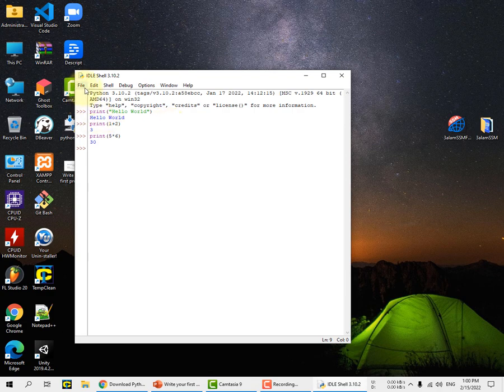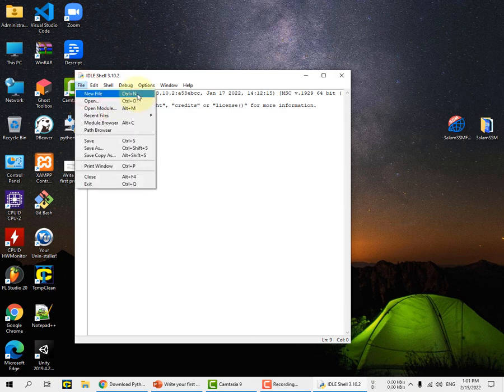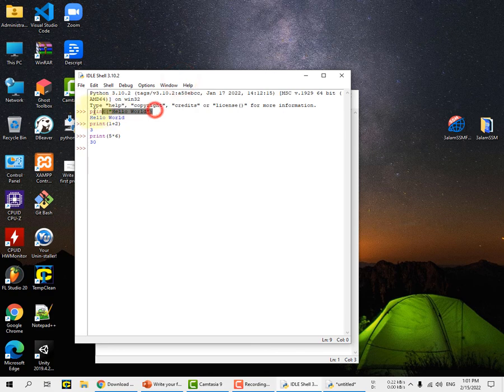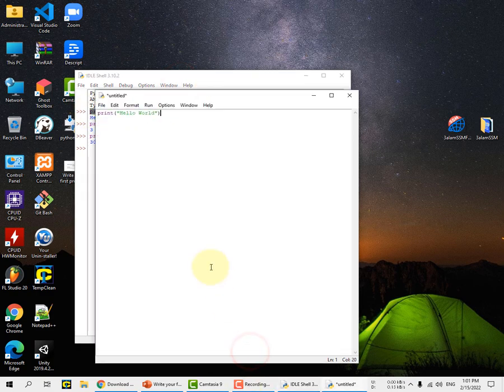As I told you, Python is an interpreted language, so you can type your code and hit enter, and then you will find your result. If you need to type your code in a file and then execute this file, you can simply save this file in your storage to easily get to it again. So we will hit file and new file and type, actually we can copy this from here and paste it here.